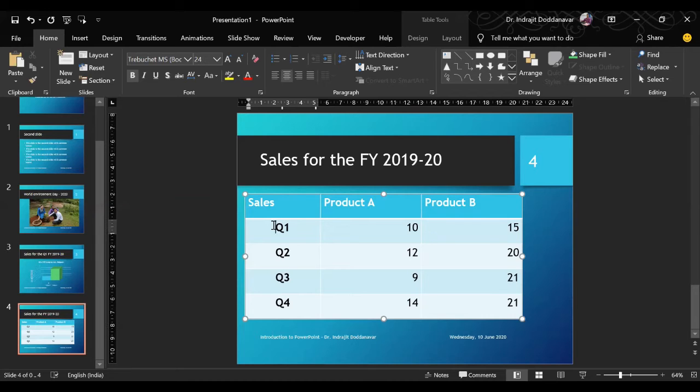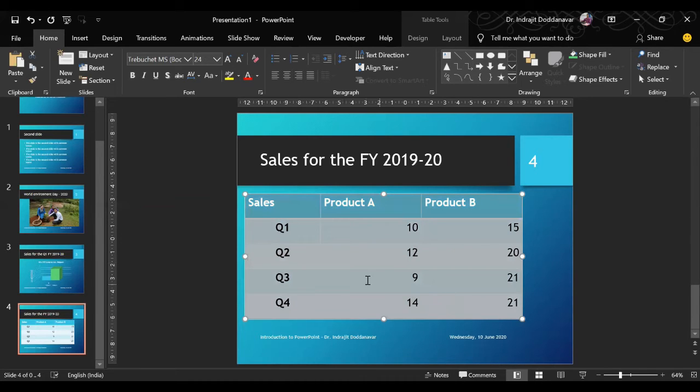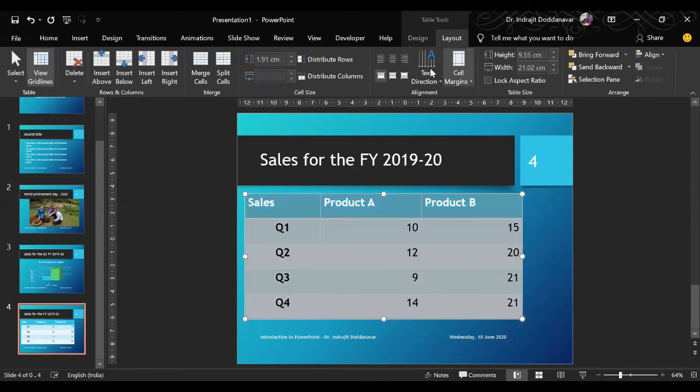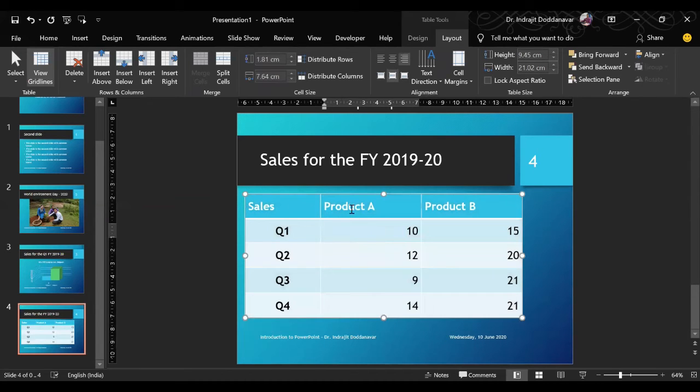You'll have to select the entire table, go to Layout, and there is something called Alignment. In the alignment you click the icon which says Center Vertically, right? When I click Center Vertically, you can see it has given equal spaces on top and bottom. This makes your representation of a table nice. It will be easy to see, and very convenient for people to look at.